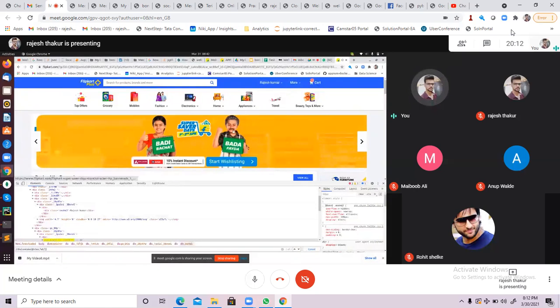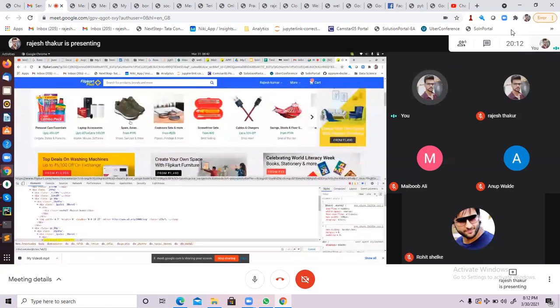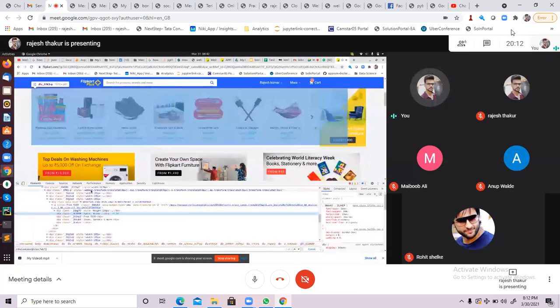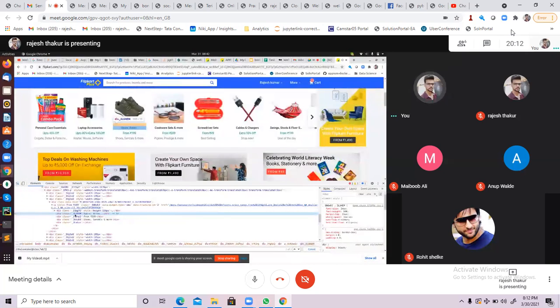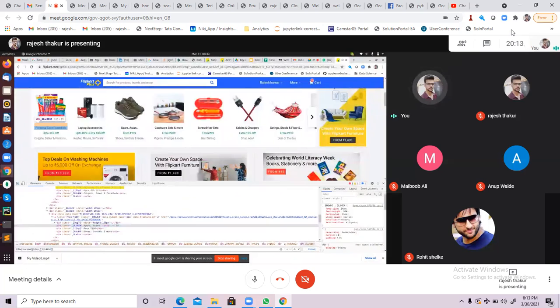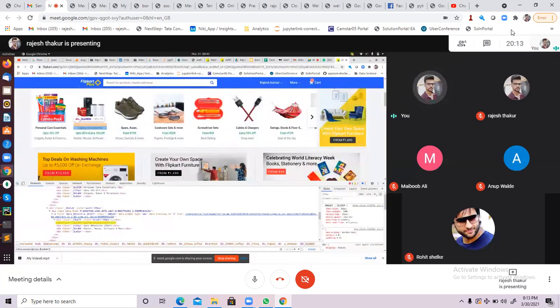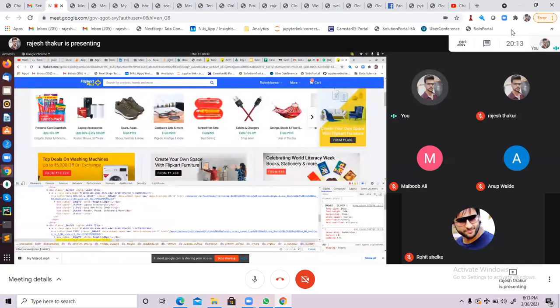Let's suppose I want to identify one more thing. I want to identify this Sparks. Let me identify this. So this is the class name, this value, right? So what you can do, Ctrl+C. Anyway, passing this complete value will also work, no doubt. But let's suppose you forget to put this 3, then it will still identify. It is going to identify. Anyway, it's more than one matching node, that is fine. We can create an object, and in the form of the object we can do it.